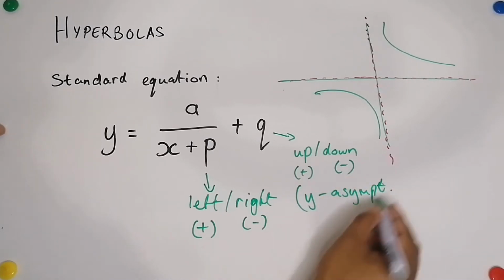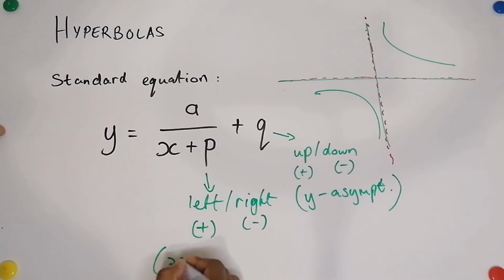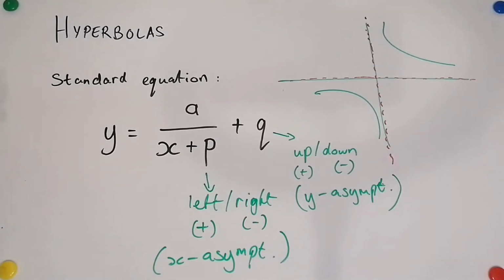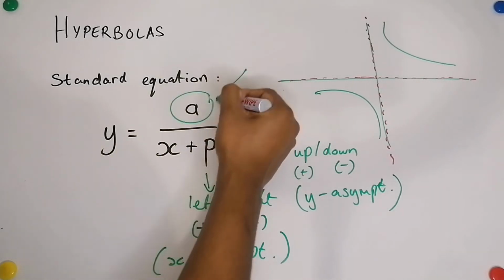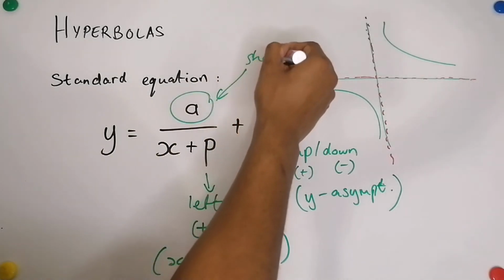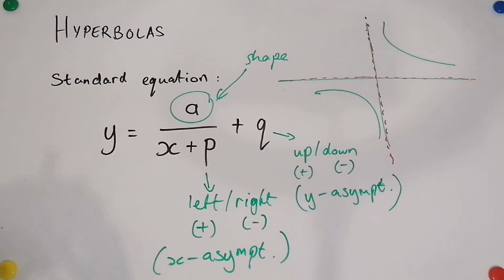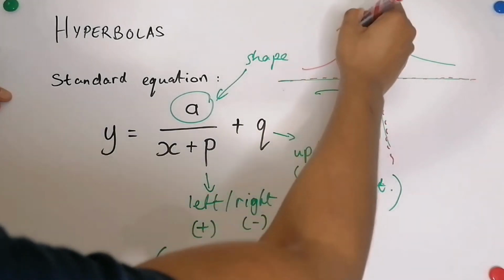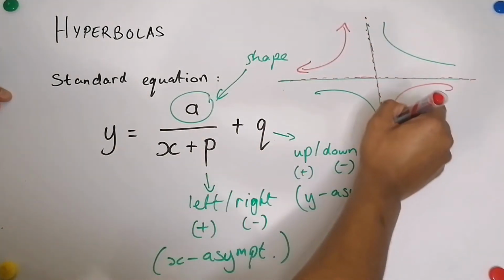In the same way, p is an indication of our x asymptote. Okay, a simply tells us the shape of the graph. In this case, if a is positive, the graph would look like this. And if a is negative, the graph would simply reflect